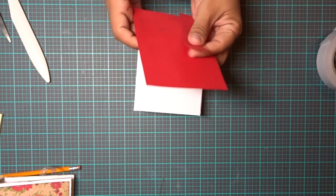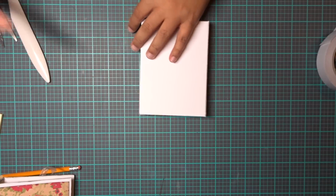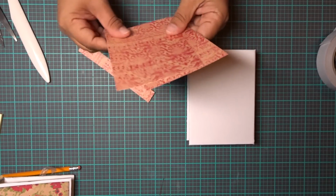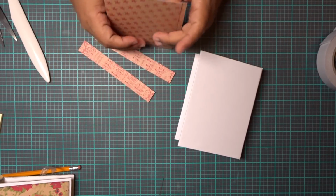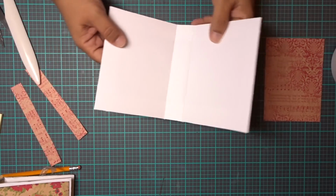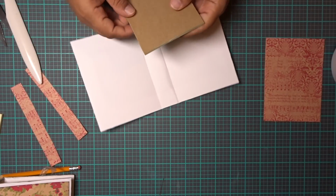Okay, so for video's sake, I went ahead and cut the spines, and I cut the outsides here, but the insides I plan to leave white for now. So what we're gonna do is, instead of getting anything else done first, hold on. So what we're gonna do is we're gonna take,